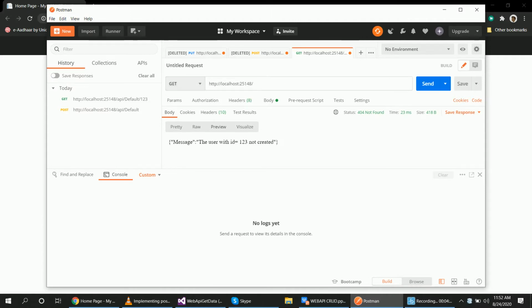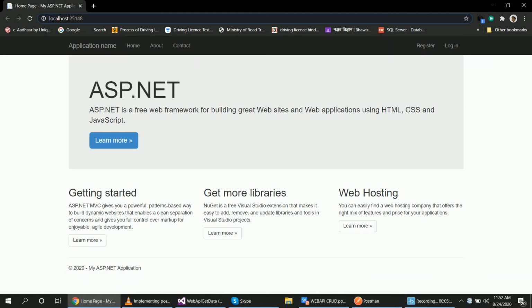First I will check whether the table data arrives or not using the get method. So this localhost is created, this one.